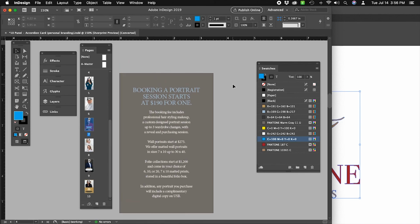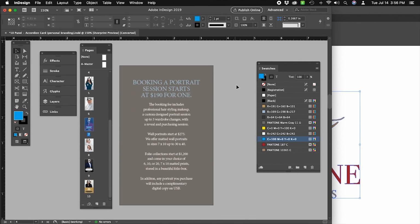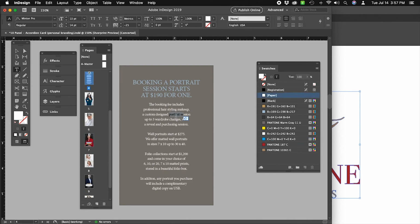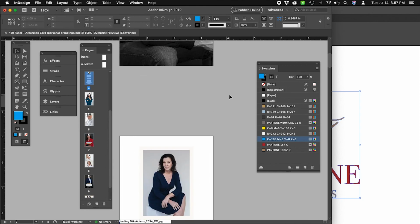Scrolling through, taking a look at everything. Okay, this is where you put your prices of your portrait sessions, and of course any of this is editable, so just use your text tool to change the text on that particular panel. Once we have everything done